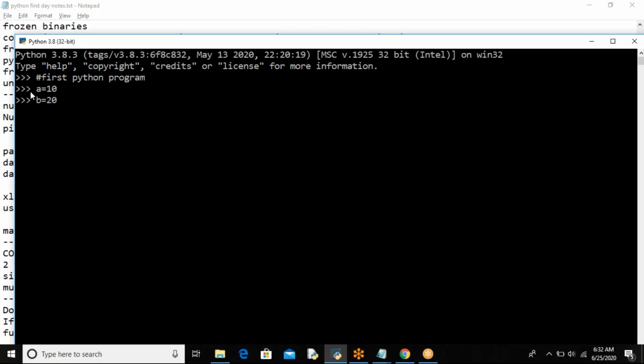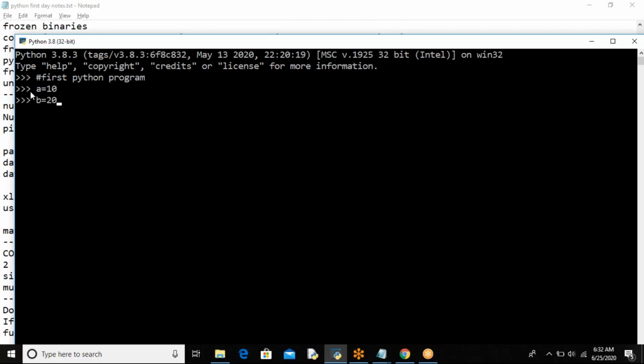Okay, I have taken two variables. Today I am just showing you how to execute a simple Python program by using all the three. In tomorrow's session, we are going to start the basics, like what is a variable, what is a data type, what are literals, what are the operators available. All the basic things we'll discuss in tomorrow's session. Tomorrow's session is also very, very important. You should not miss it. Got it?